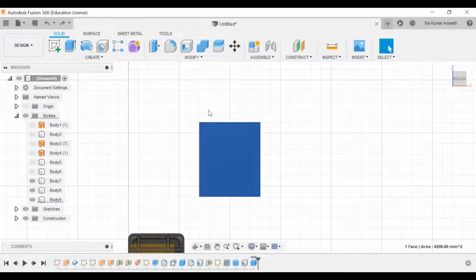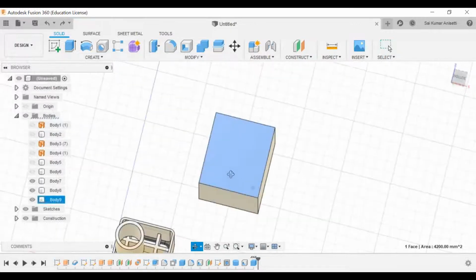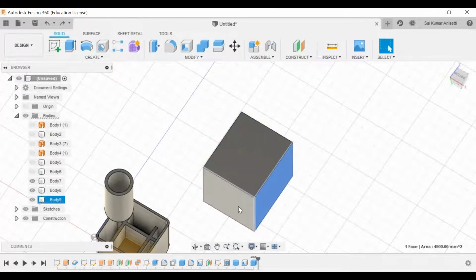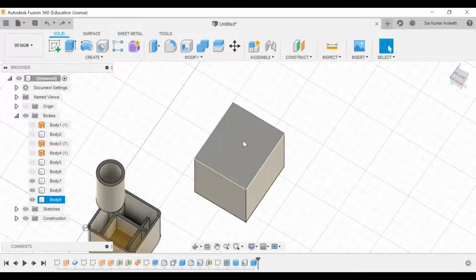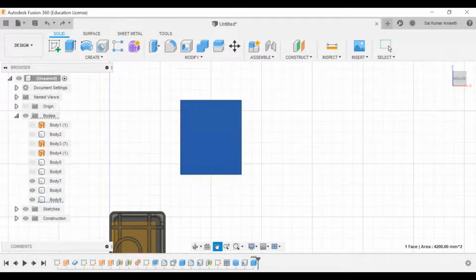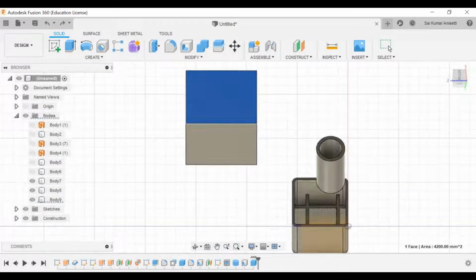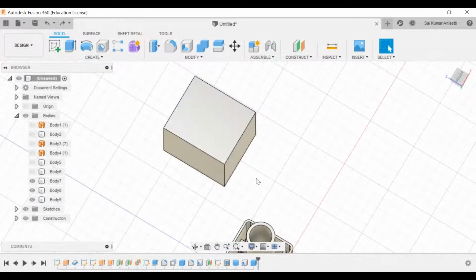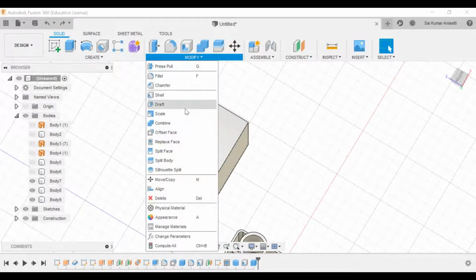If the component is very large, then it is 5 degrees. If the component is very small, then it can go down to 0.5. But some angle should be there, which you can check in draft analysis and all. That is about manufacturing. So now let us add a draft angle to these 4 outer faces. Initially the object looks this way, right? Now let me show what it looks like with a draft angle added to these faces.